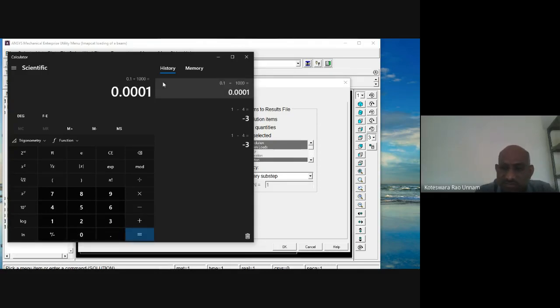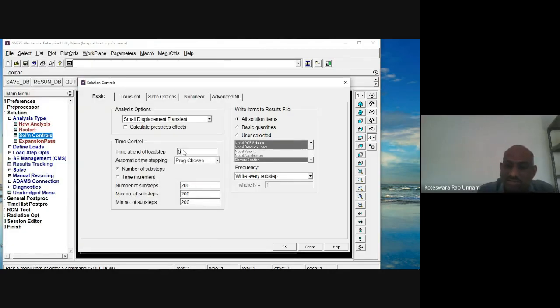Plus 5, so 5.0001 I need to give here. Time at the load step is 5.0001. I'll give the load steps as 20 only, because the time duration is only 0.1 milliseconds.